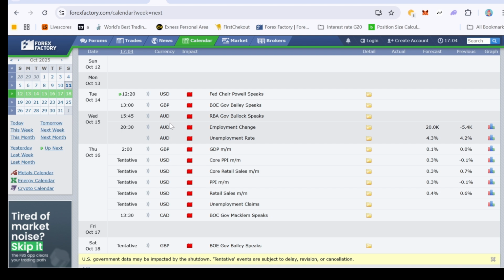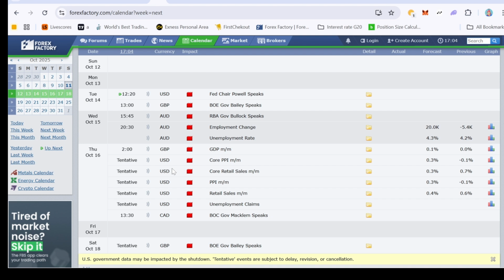Bear in mind that they are going to have some volatility coming into the market when they are released. On Thursday, we have GBP and USD. But the USD, you can see that we have them as tentative, meaning they are going to be delayed or they are going to be cancelled, just like we experienced in previous weeks with the